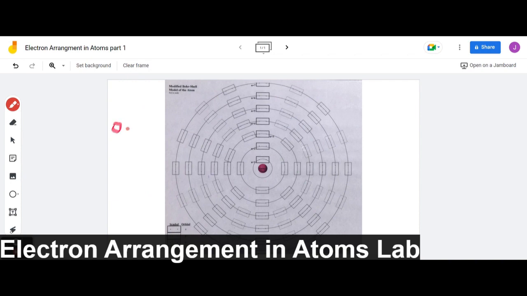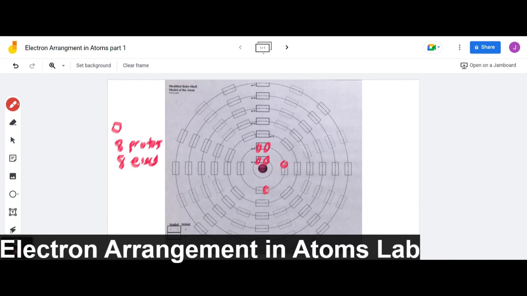Oxygen has atomic number 8, so 8 protons, which means that if it's neutral, we should see 8 electrons as well. Okay, so starting with the innermost ring, we'd fit 2 electrons. The second ring, we'll start with the s sublevel, which could fit 2 more. So thus far, we've placed 4 of the 8 total electrons. Now for the p orbitals,